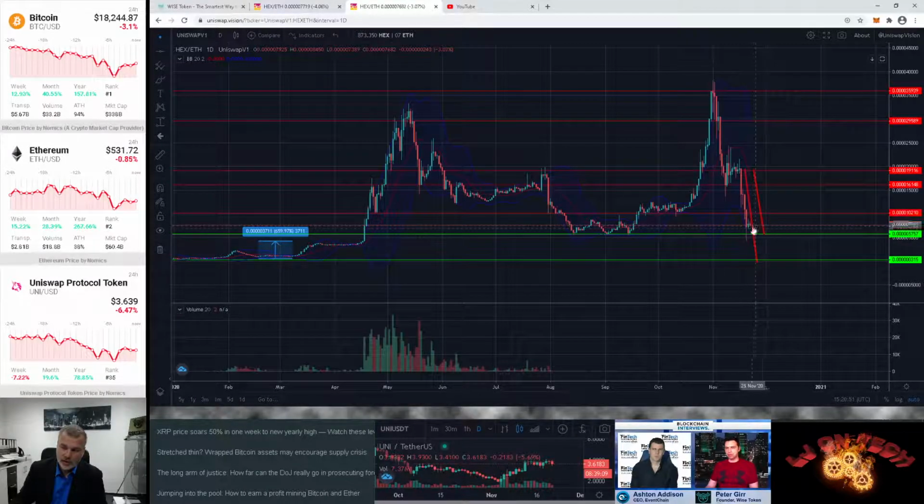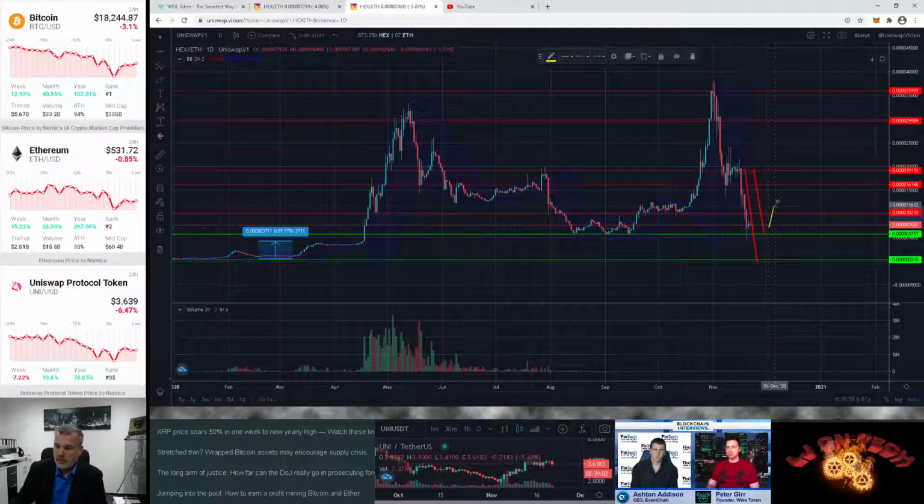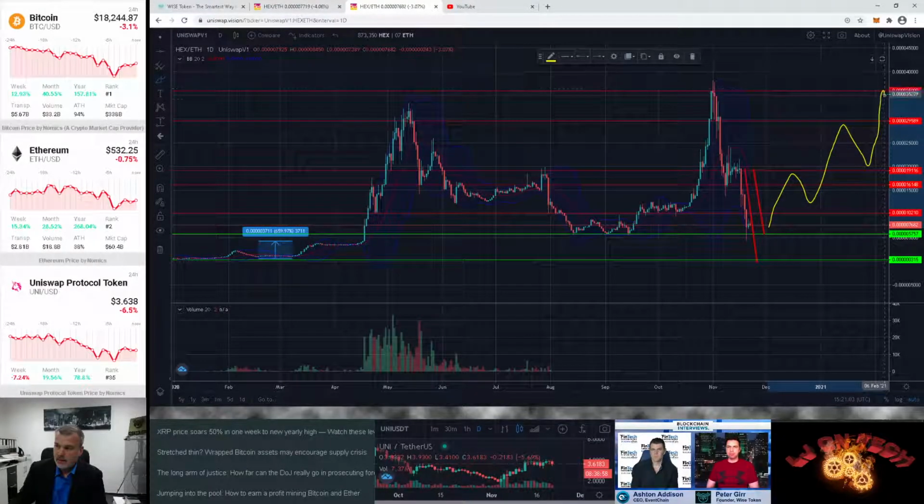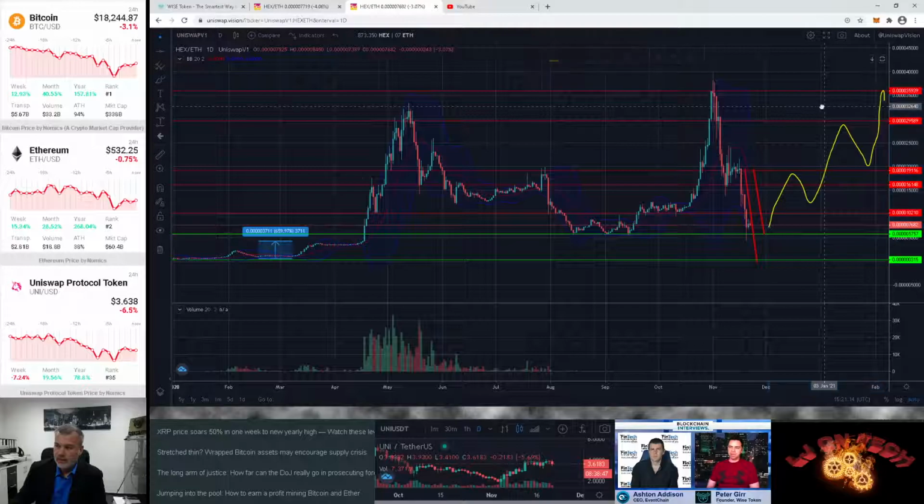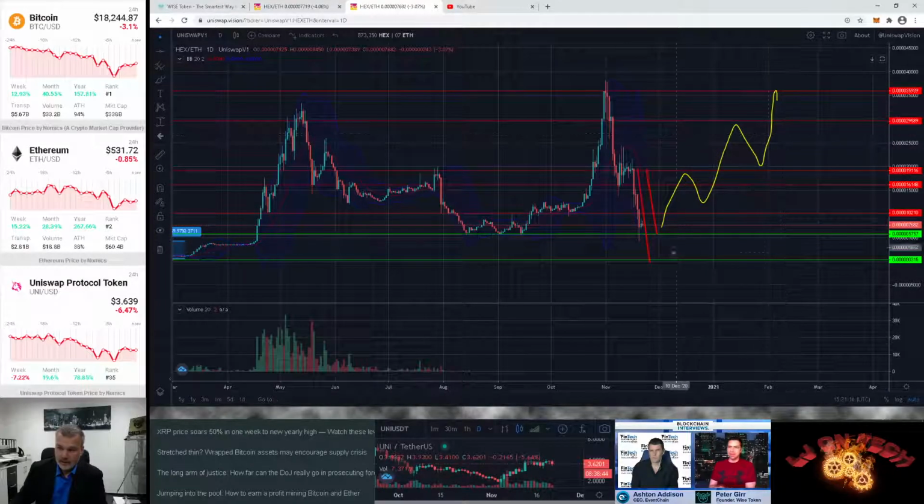If they're going to stop right here and actually start bringing the price up, with some corrections and up, that will be great. That will be awesome for all of the HEX holders and believers. But if that does not happen, if they bring it down here, that means they want to do some more pain for HEX holders,